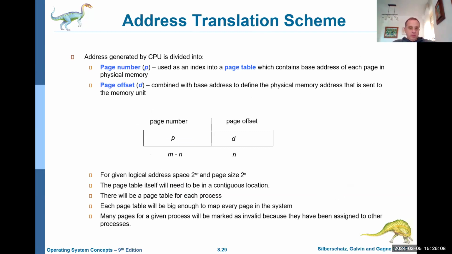Right? So we call this the P. I'm going backwards, so I think it's helpful to see the picture first. And then we can see that the P is the page number, and D is the offset within the page. For a given logical address space of 2 to the M, in other words,